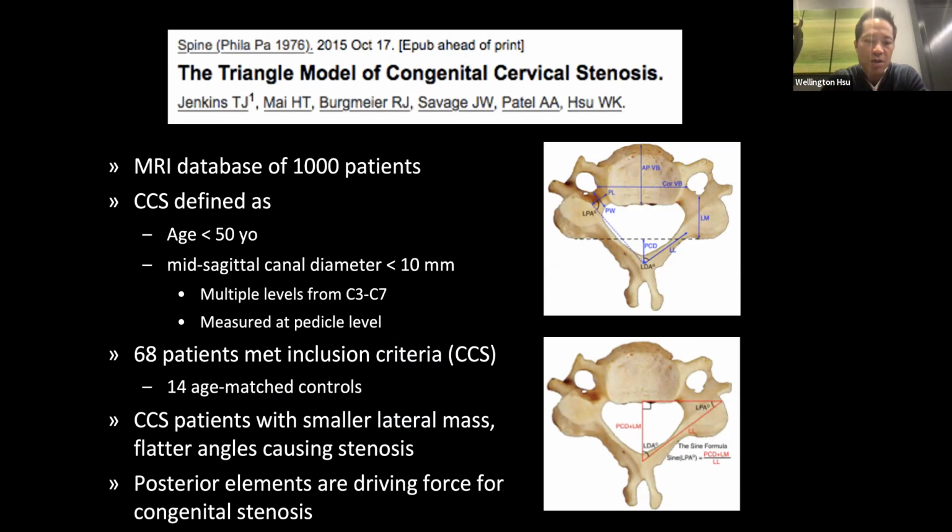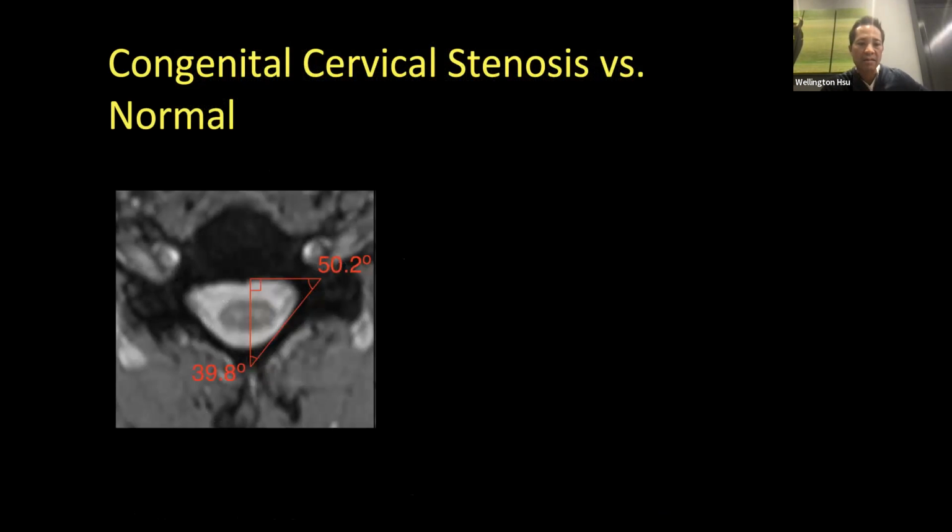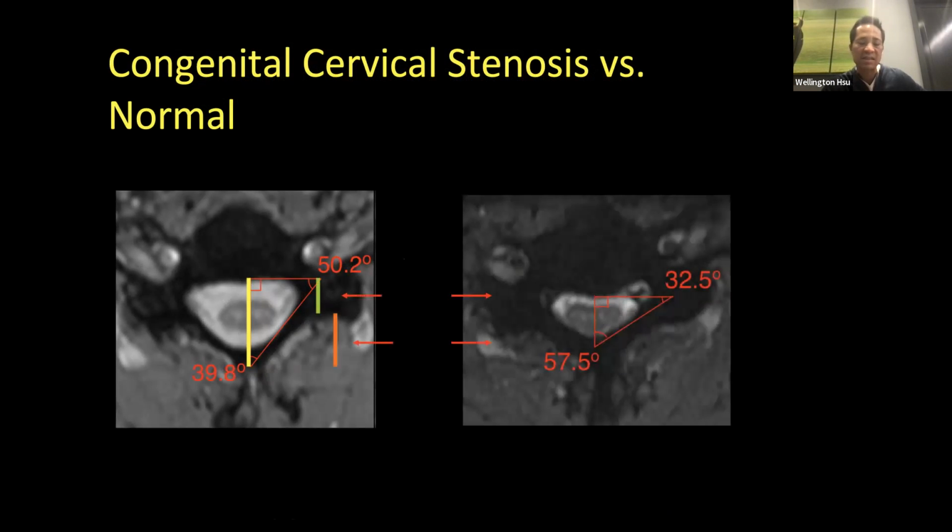We found that congenital cervical stenosis patients have smaller lateral mass, flatter angles. We call this the lamina disc angle, which is right here, the LDA. And then this flatter surface makes a flatter canal that makes the stenosis much more common. So this is what we typically see in a normal canal, and we've got these normal angles. And somebody with congenital stenosis, again, one without significant degenerative pathology. These are younger patients, and these are measured at the pedicle level. You can see how much flatter the lamina is compared to the disc, and that leads to compression of that